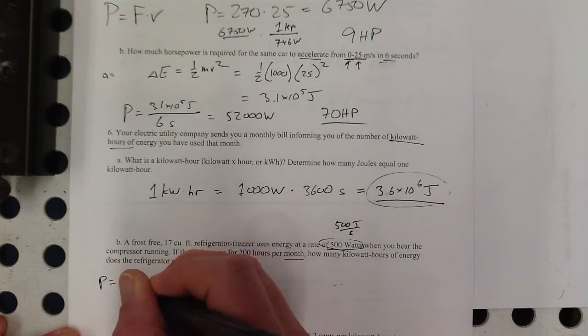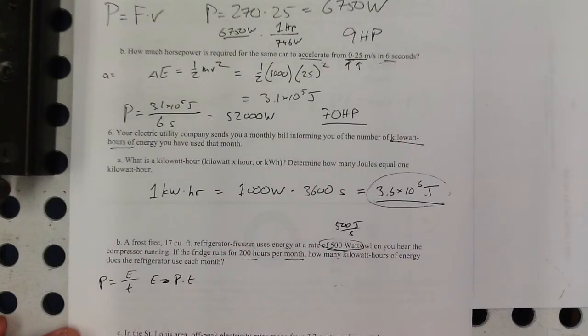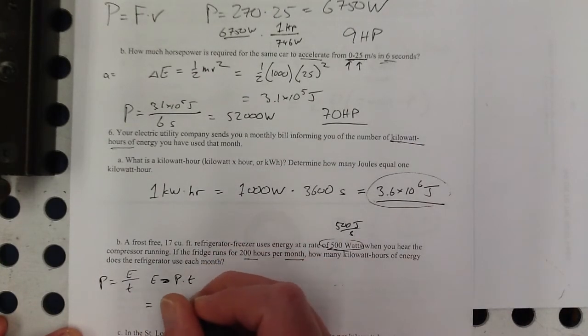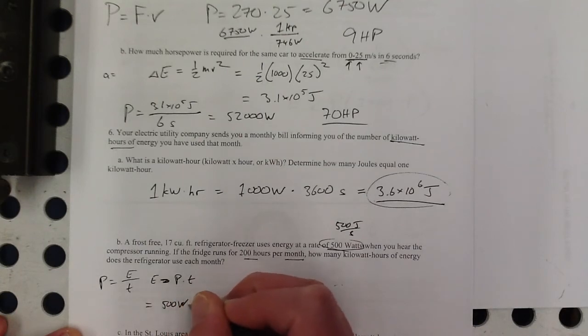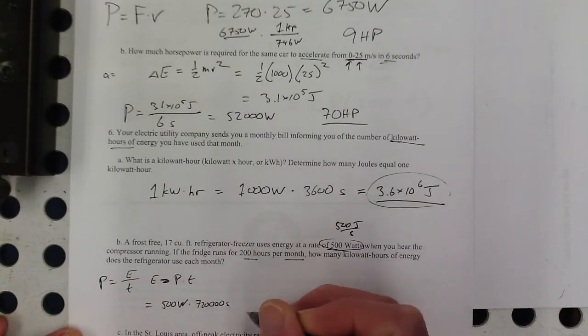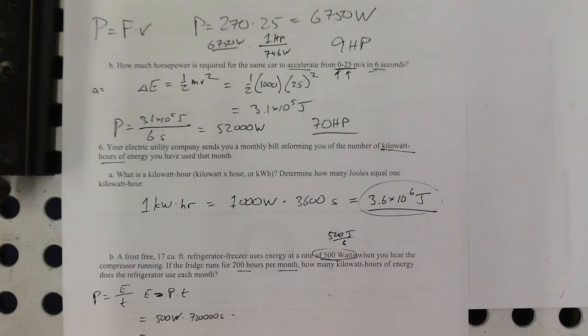That's basic algebra, just multiplying both sides by the time. So the power rating of this is 500 watts times the time is 720,000 seconds, and that's equal to